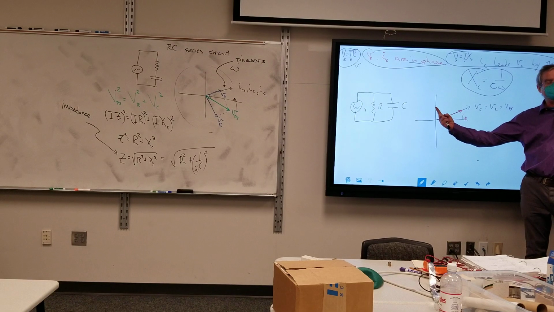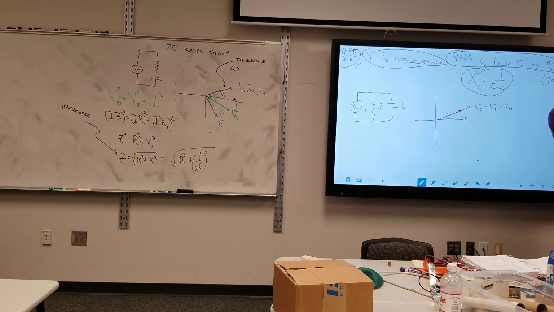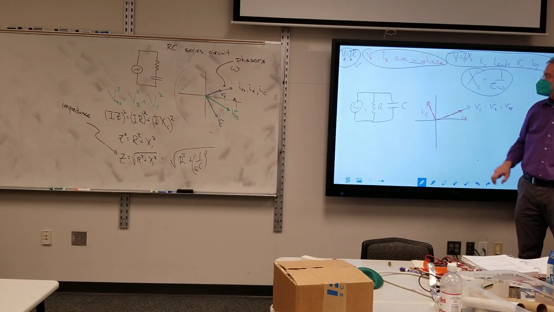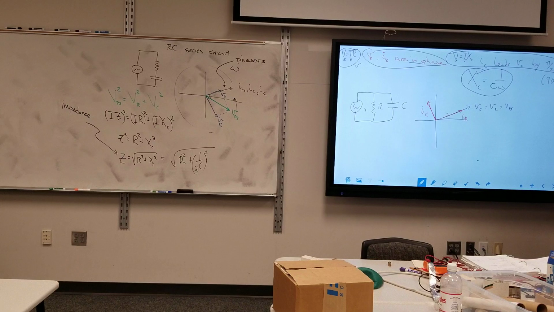It is that way. Why that way? Current leads. Yes, it leads. Because remember, these are dials that are spinning around like this, so the current is going to be in front. Now, whether IC or IR is longer, I didn't give you enough information, so at this point, just draw it